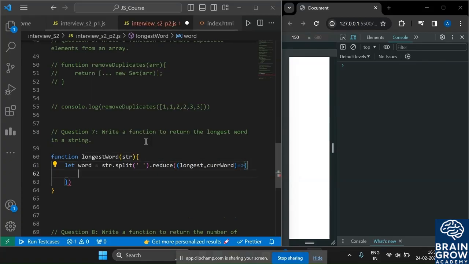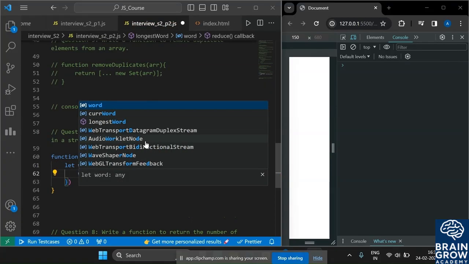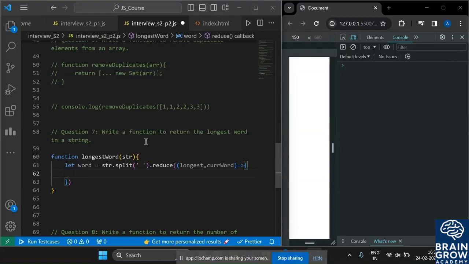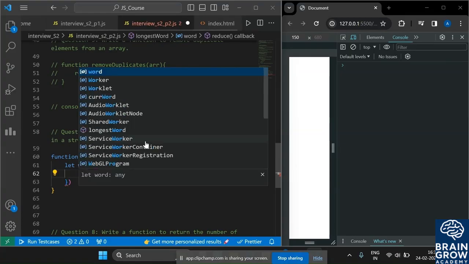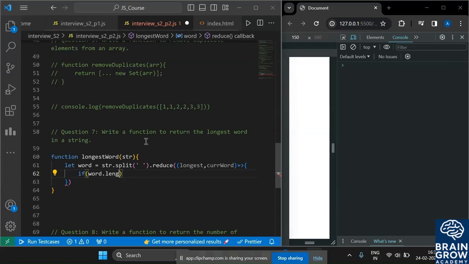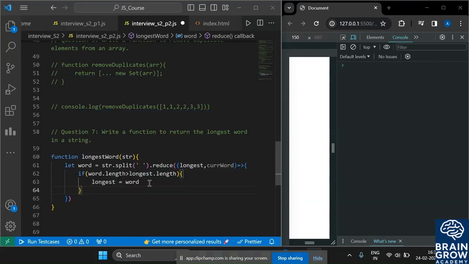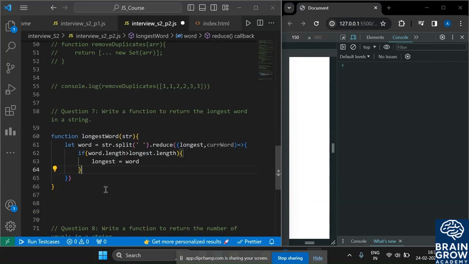Inside this, we use if word dot length is greater than longest dot length, then we want to store longest is equal to word, and finally we want to return